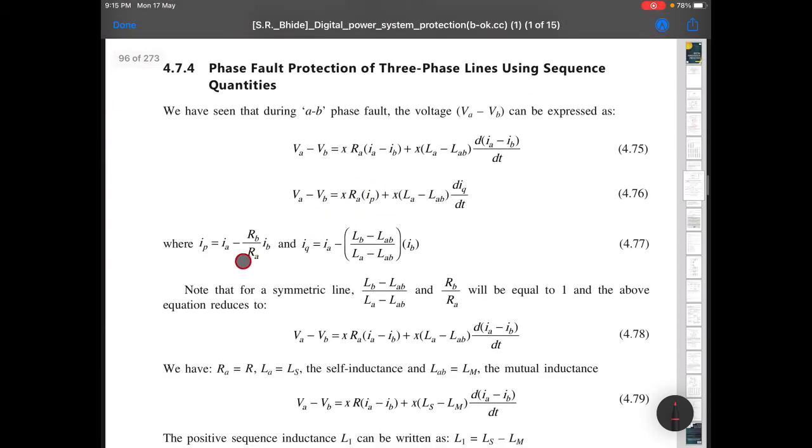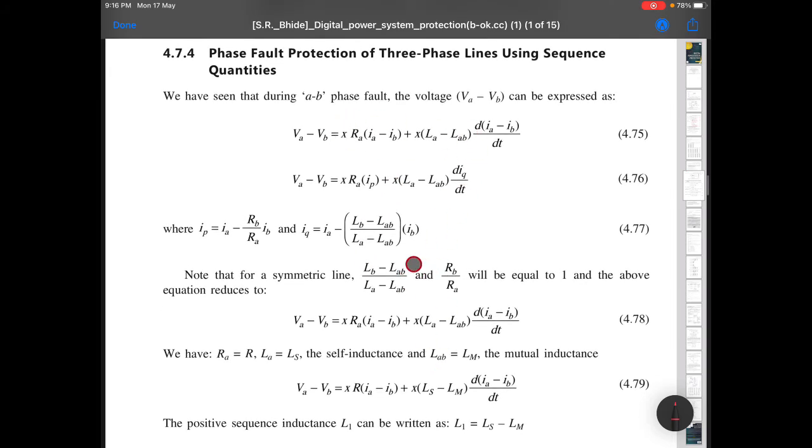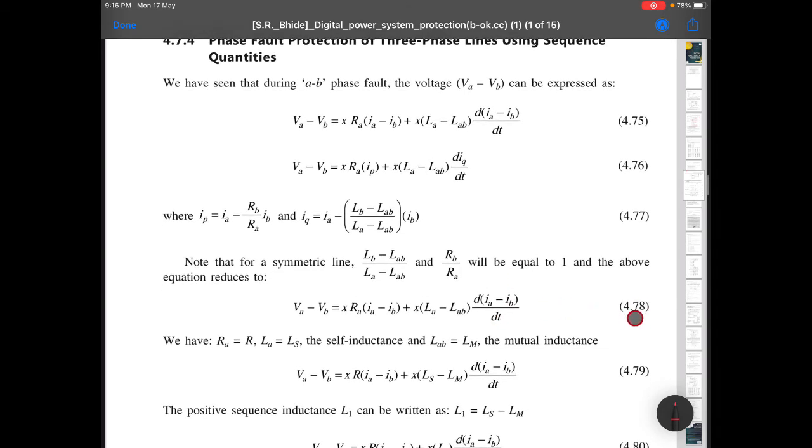Both equations are taken. Again, what is IP? It has been told here, and what is IQ? It has been told here. This is for symmetrical, and this is for a general. When you consider it as symmetrical, it happens to be this equation. Otherwise, it will be this equation. So for symmetrical, we got this. That is what they have explained. Yes. So till 4.78,